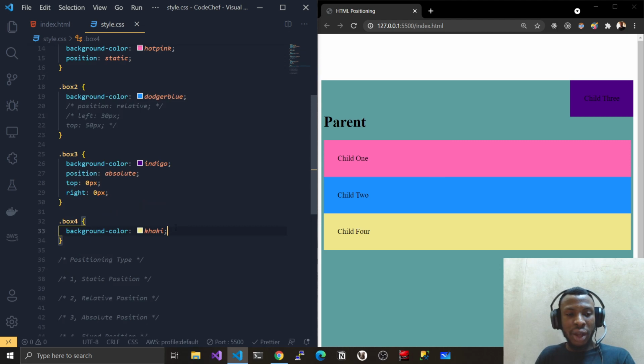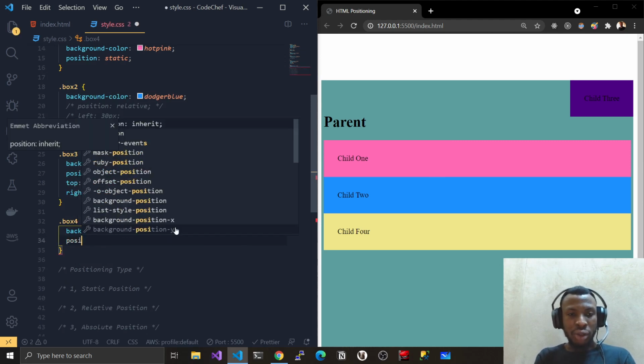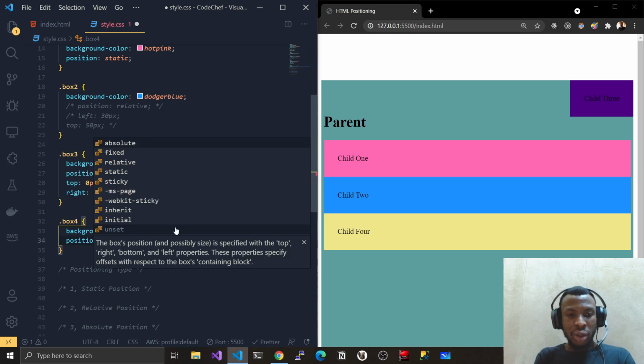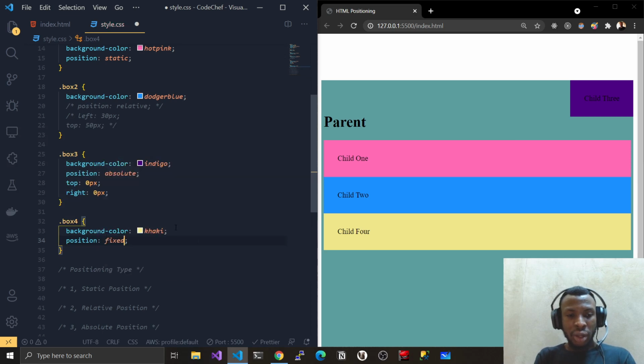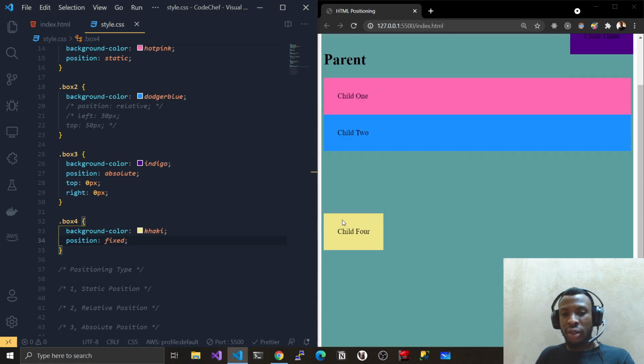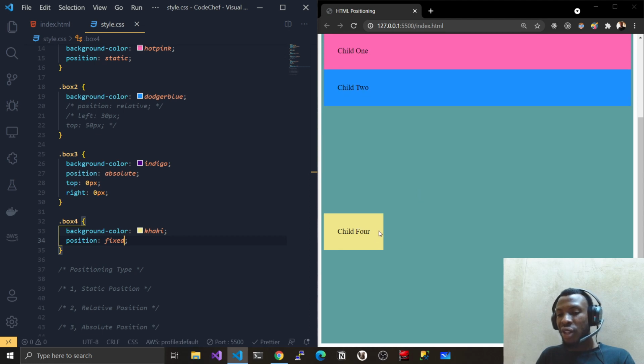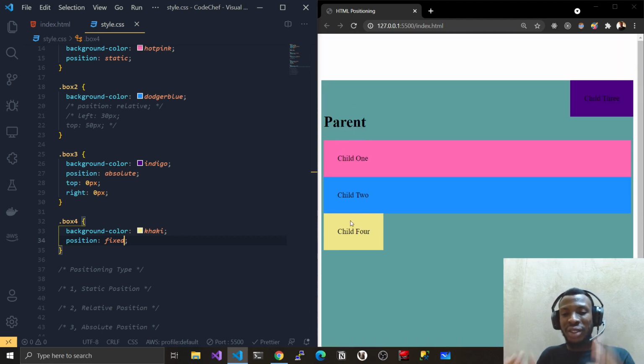So let's give our box 4 a fixed position. Now this is our box 4. Now when you scroll, can you see that? Can you see that all other elements are scrolling, but box 4 isn't scrolling? That's what fixed position does. It fixes the element on a particular part of the web page such that it totally ignores the scrolling property